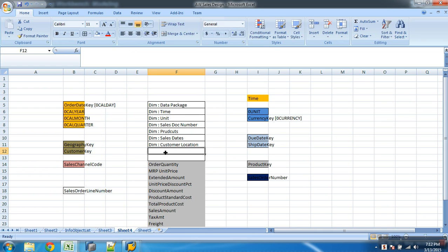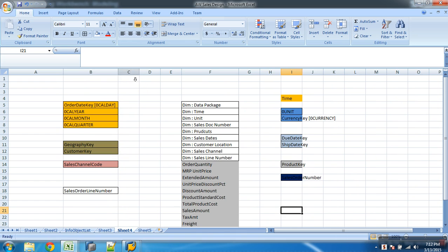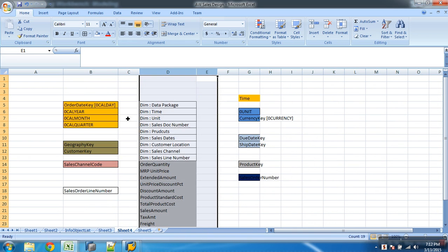And then I want one more dimension as what? Sales channel. Then I want one more dimension for sales order number, line number, sales line number. Then they start recognizing it like this. Now they'll try to put coloring for this, to indicate time dimension.